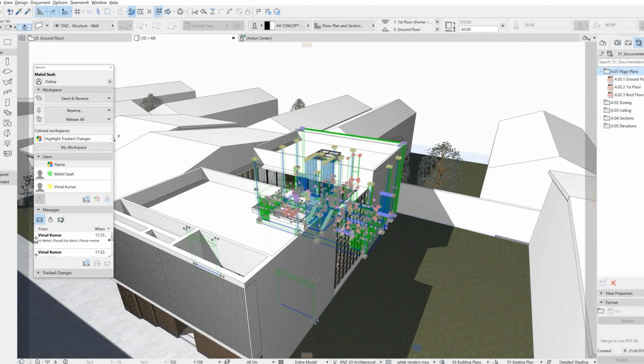And if you go to the publisher set, if you try to reserve the publisher set, it will pop up and tell you this reservation of the publisher set requires you to receive the current state of the project. So you'll receive everything from others and reserve this. So this will give you the most updated model itself.